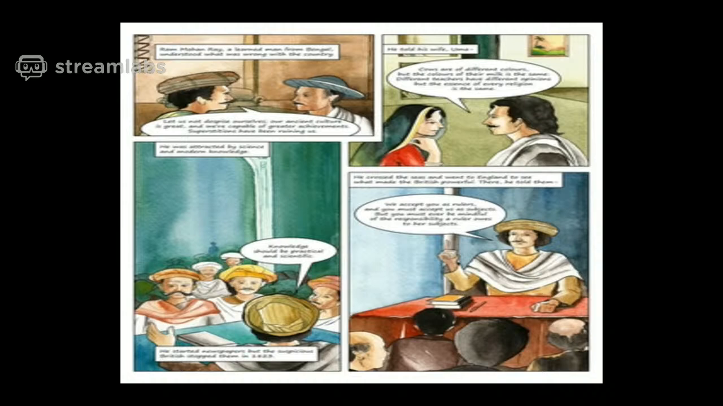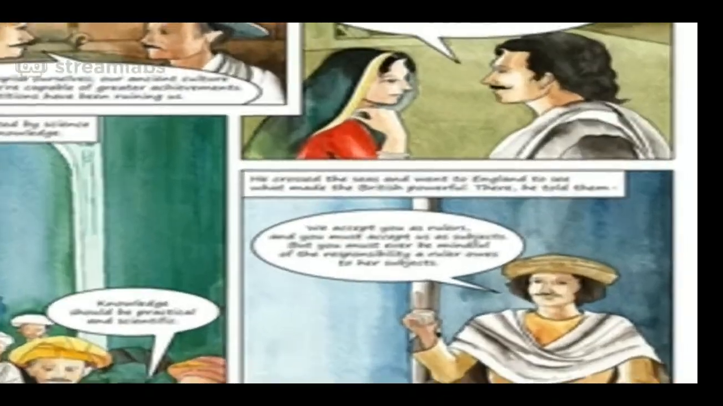Now, when I discussed Tipu Sultan, there were social reformers also. Among social reformers during that time, between 1772 and 1833, was Raja Ram Mohan Roy from Bengal. He was a learned man who understood what was wrong with the country, how the people were suffering, especially the artisans and the farmers. He told his wife, you can see here in the picture,